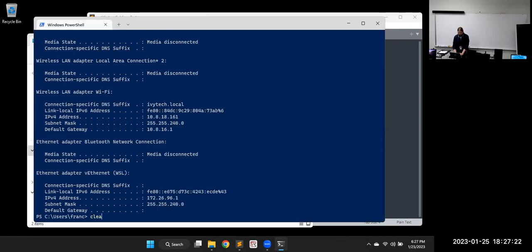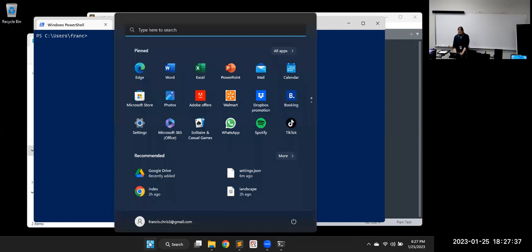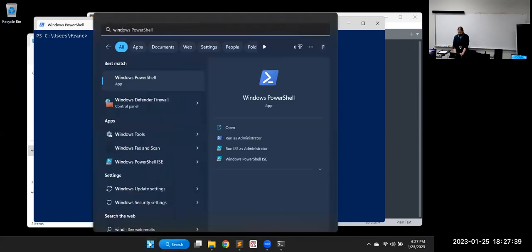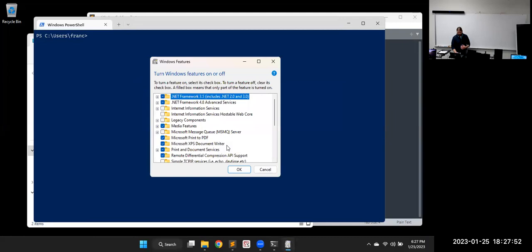You can start it just by going to Windows PowerShell and typing wsl --install, and that installs a small Ubuntu version by default. A better way to do that is to go to the start menu and search for turn Windows features on and off, which usually finds it really quick.